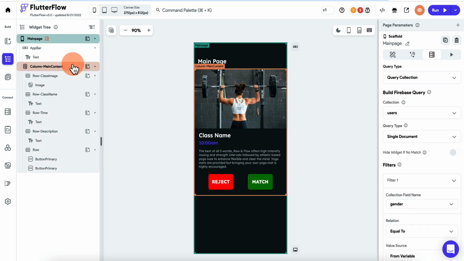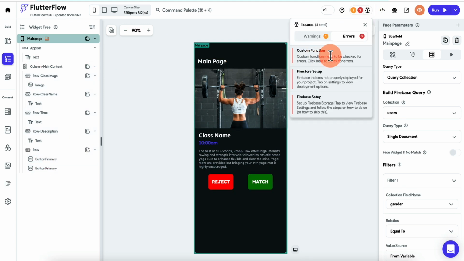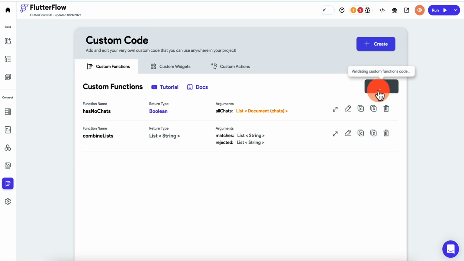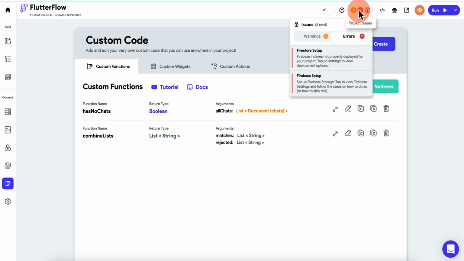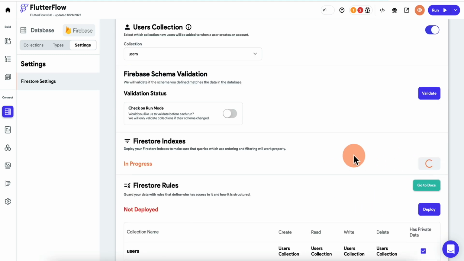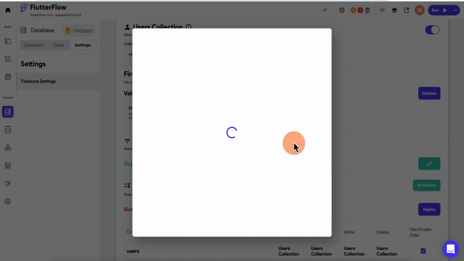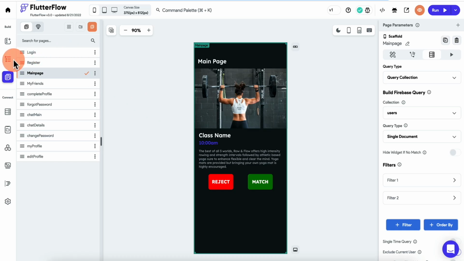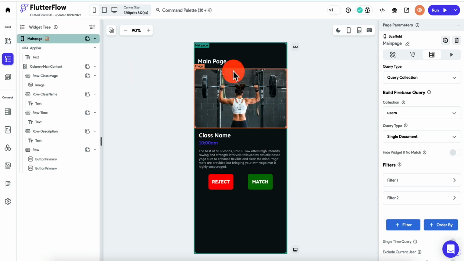Okay, so now this is going to have a single document that we can look at. Let's take a look at the errors we're getting. Custom functions, we need to make sure that it validates. Okay, there's no errors. We need to configure indexes here. Let's deploy our indexes. We can also deploy rules as well. All right. So now this page, every time it's refreshed, is going to show a next potential match to us,